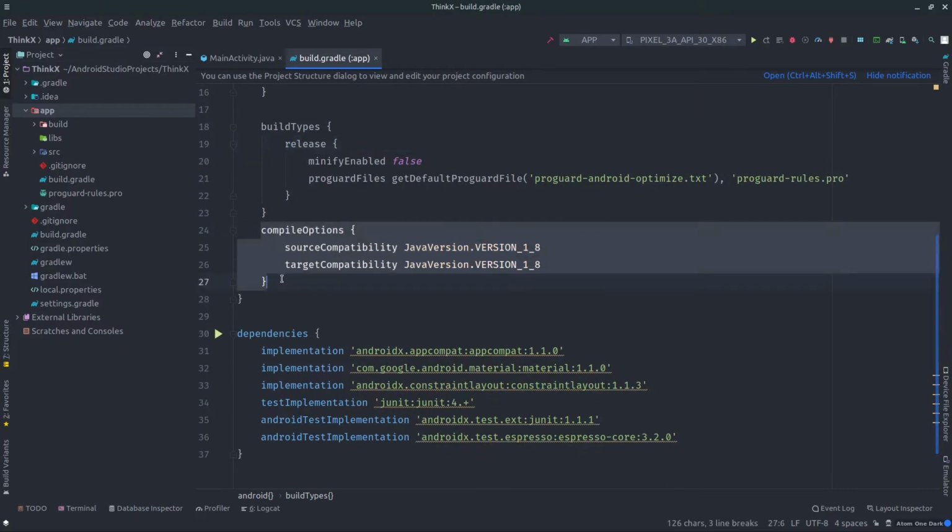Then we have the compile options. You can see we have source compatibility and target compatibility. So it basically means that when the Java version gets updated, there are some libraries which depend on the previous Java versions. For example, let's say you used a library which supports Java 8, and now you are using the same application on a device which has Java version 10, right?